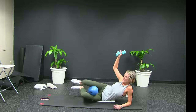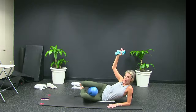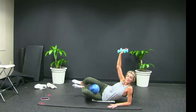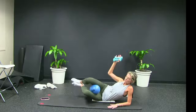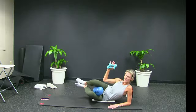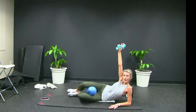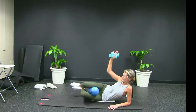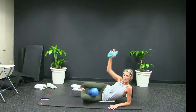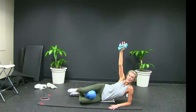You're going to raise up those knees, raise up those legs off your floor, off your mat, abs tight, and I'm going to double up my weights. You don't have to. I'm just lifting my knees up together, lift and lower back down. I'm not going to touch the mat with my feet or my legs. Trying to keep those legs off the mat the entire time. Remember to squeeze into that ball right there. When you squeeze, you activate those